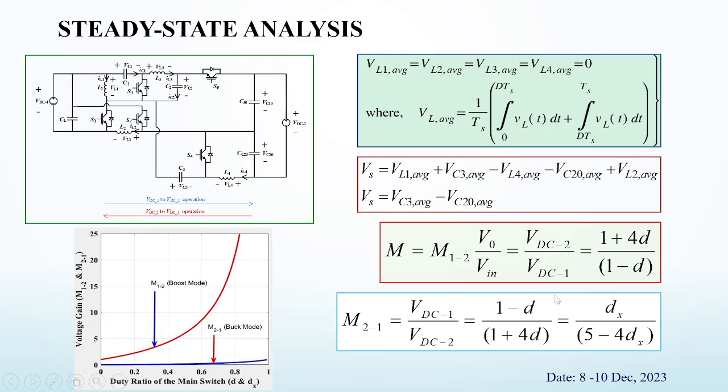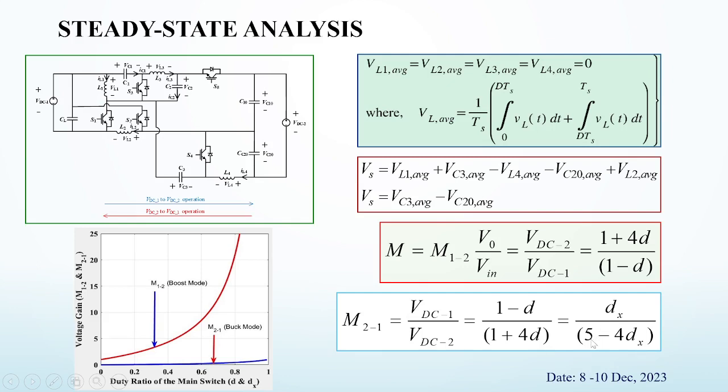This is a steady state waveform of the proposed converter. When the converter is flowing from low voltage to high voltage, it can be represented as M12, that is VDC1 to VDC2. Then the voltage gain achieved is (1 + 4D)/(1 - D); this is the voltage gain formula. When the converter is operating in VDC2 to VDC1 mode, I mean buck mode, the voltage gain can be found as